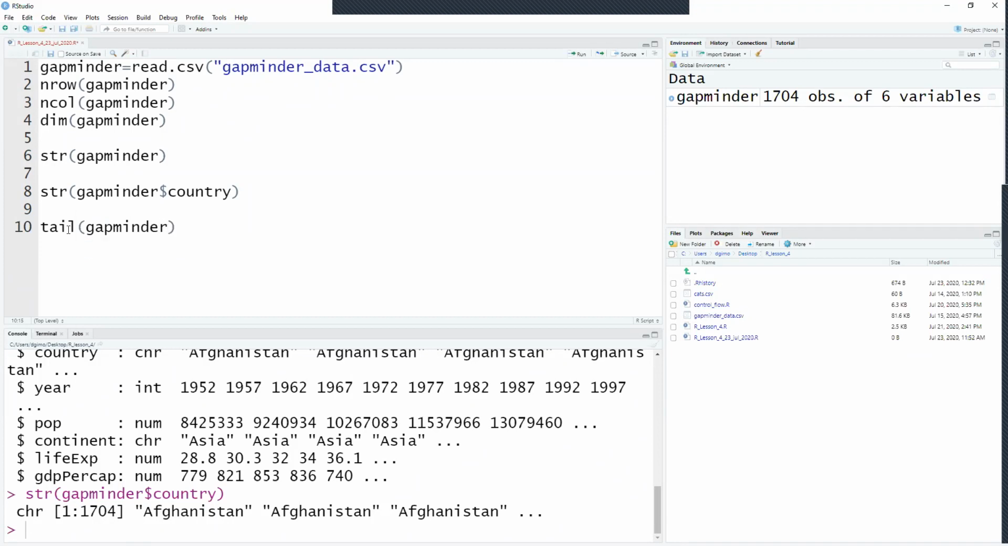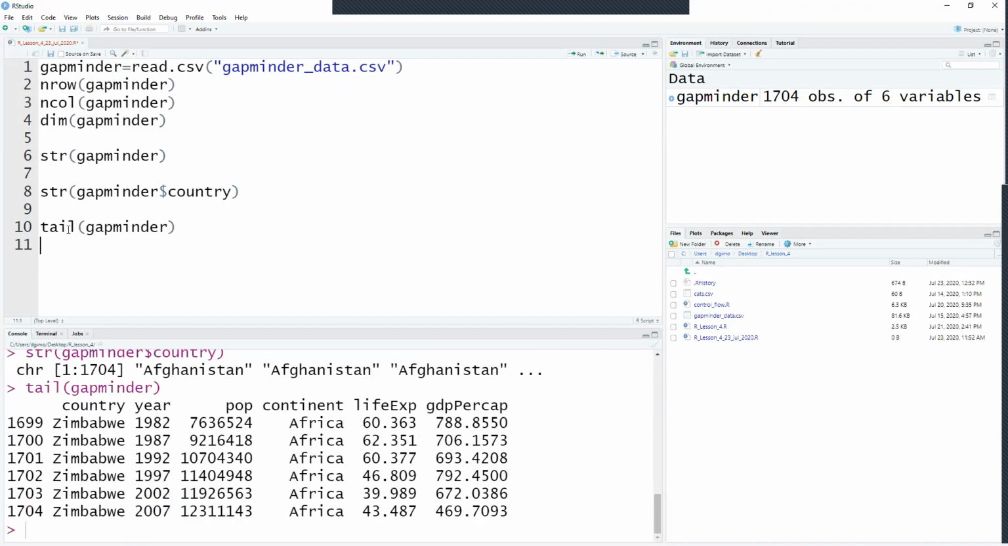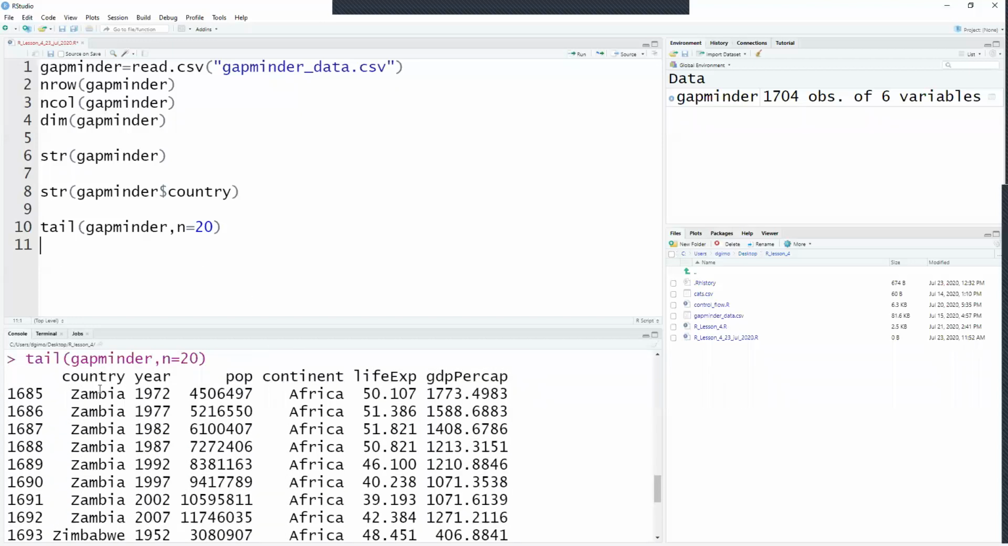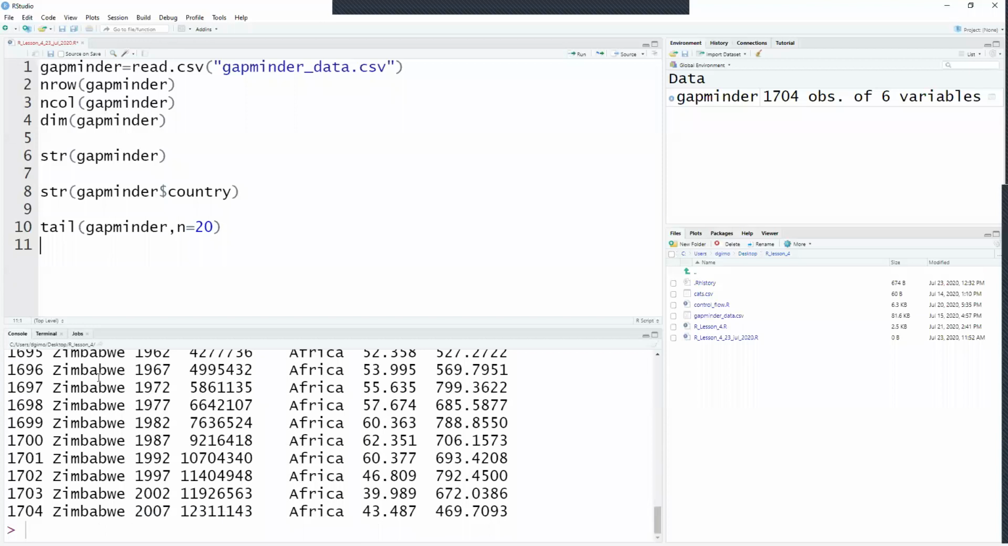If you just leave it at that and say enter, it will show just 6 rows. But if you're interested in showing a specific number of rows, you put a comma, and then the second thing you put is the number of rows that you're interested in. So in this case, it's 20, so I'll say n equals 20. And if I say that, indeed, I get a longer list of rows that are shown, and in this case,